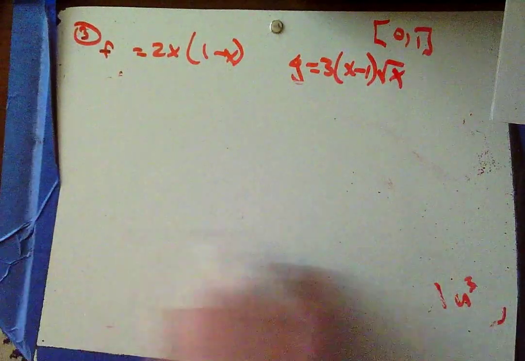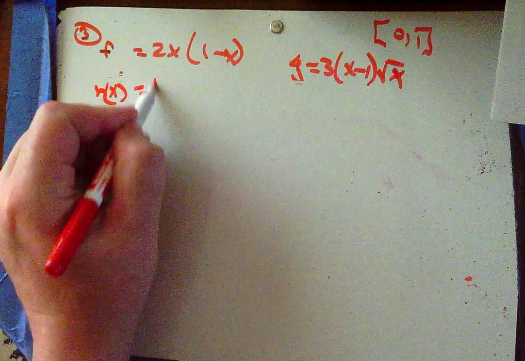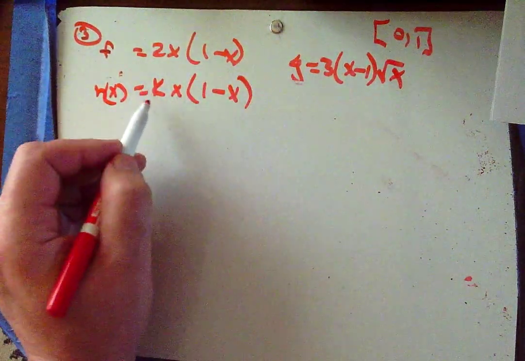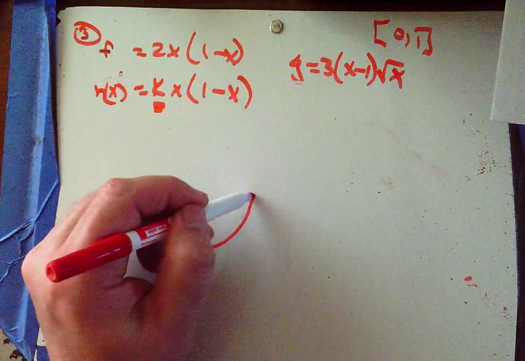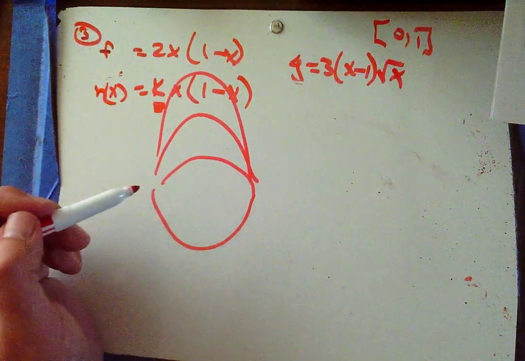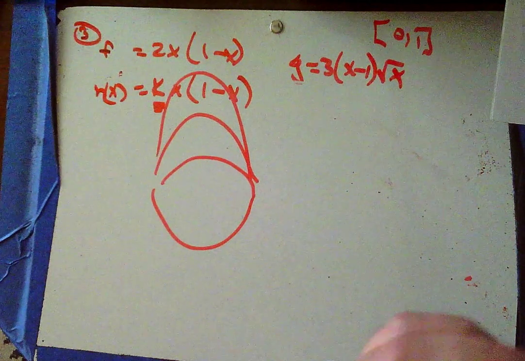So h is a variation on f. kx minus x. So this is going to be some sort of stretching factor. We're always going to have the bottom, except the top is going to grow larger and larger and larger, depending on our k value. So then it says here,